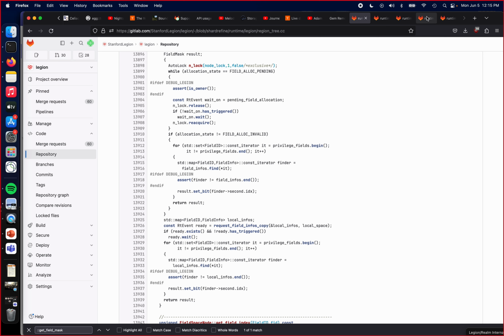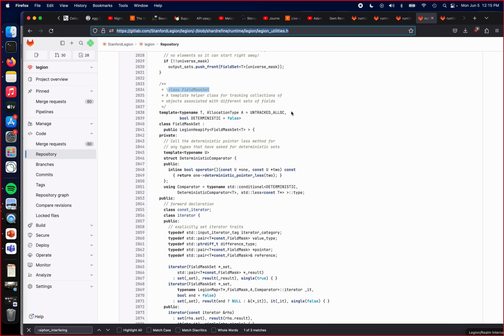Now let me show you what a field mask set is. The field mask set is in Legion utilities.h. It is a Legion class that we've defined that effectively allows you to create a set of pointer t's. This says t, but you'll see our actual encoding needs to be pointer t's, and then it associates, for everything in this set,